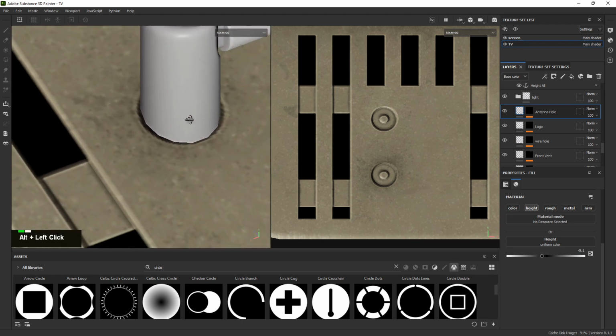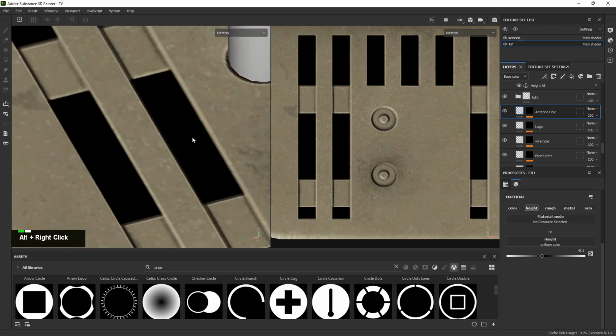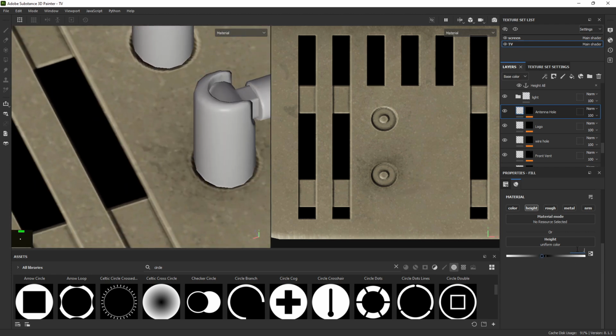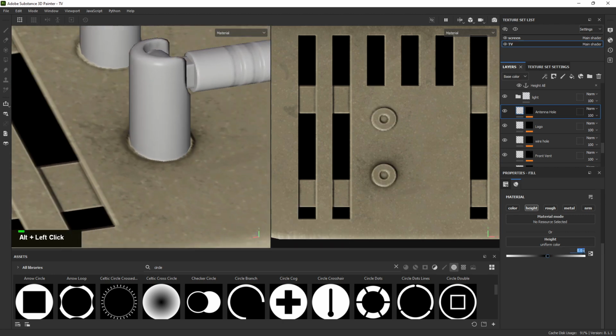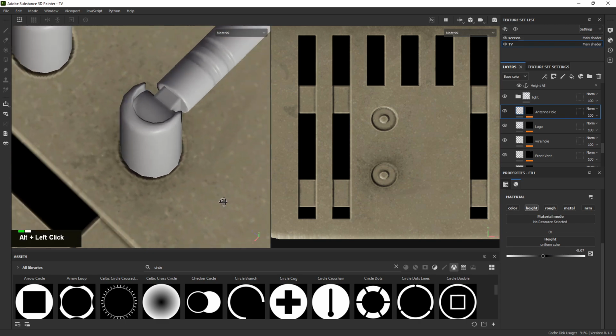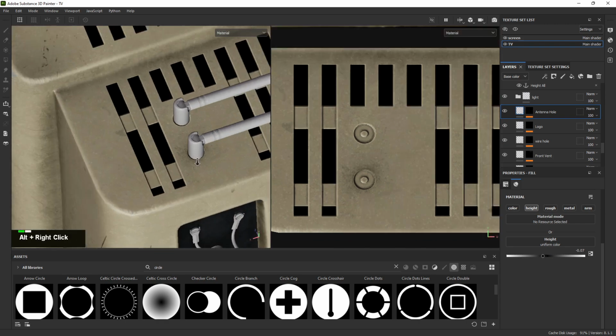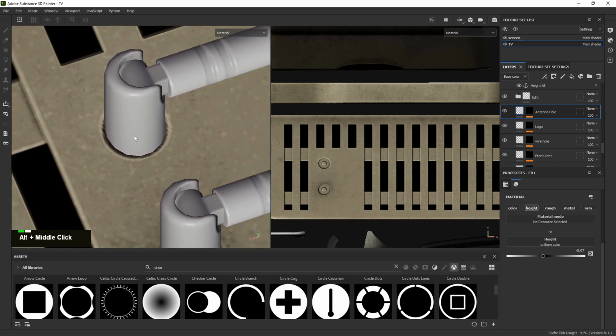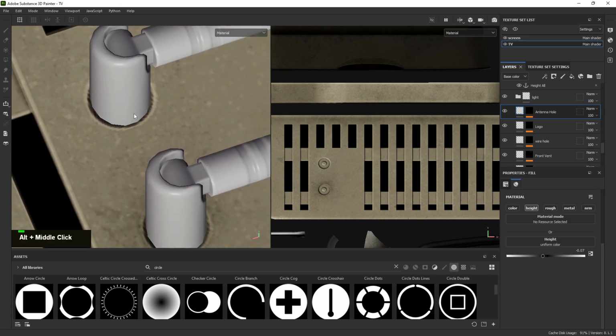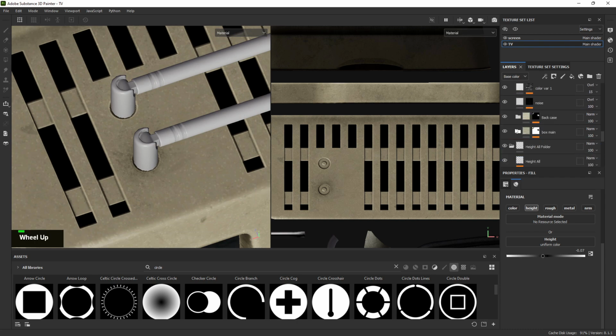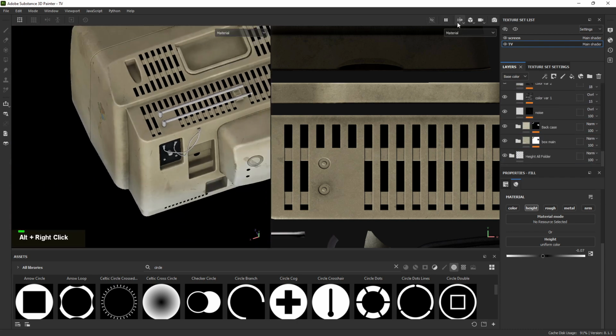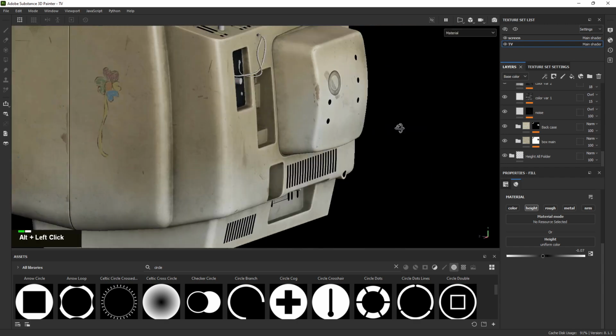Yeah, even 0.05 maybe. No, that's too much. 0.07. Wait, no, I meant negative 0.07. Alright, sick. You can see it has the little edge highlight. It has the dirt going inside of it. Everything is looking good. So I would say next video we'll start